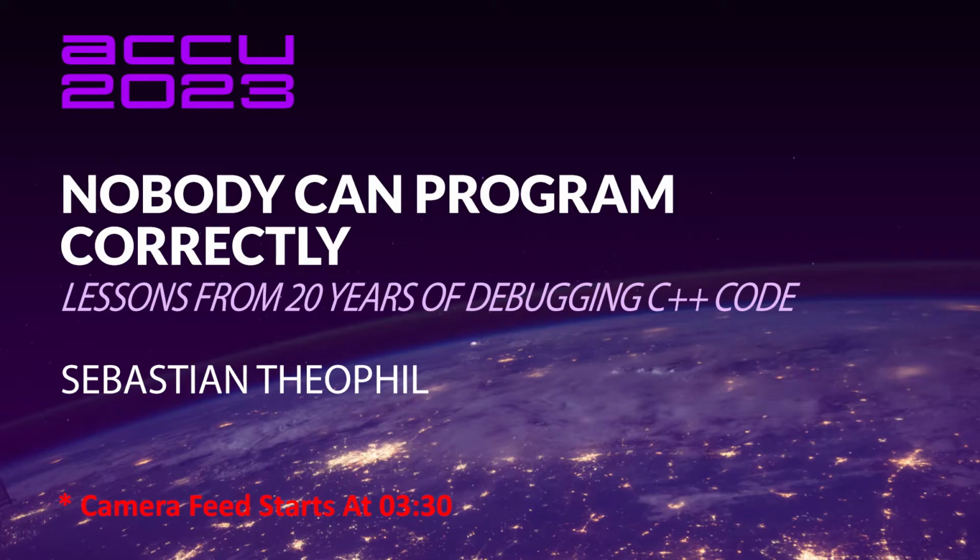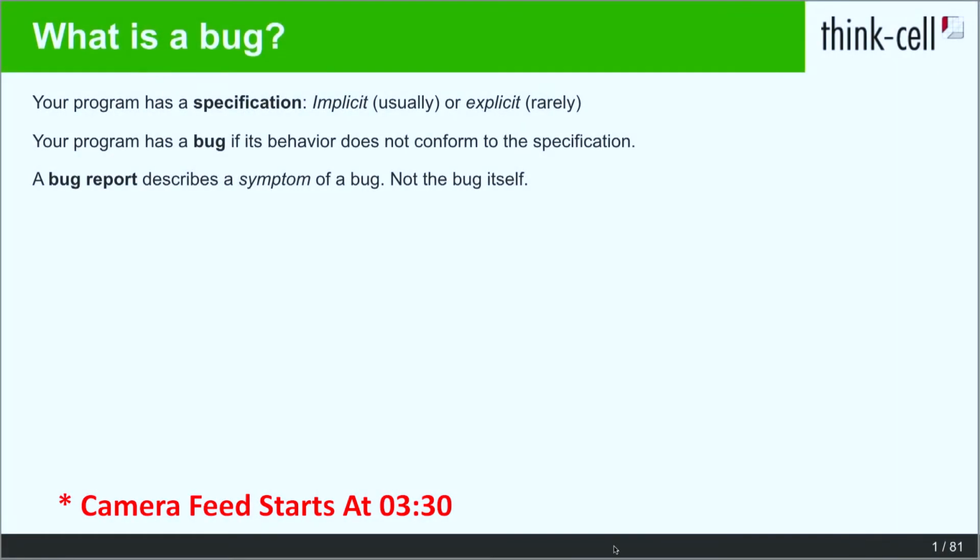So before we can think about what it means to, well, debug, we first have to think what it means that our program actually has a bug. So maybe we can say that our programs have some kind of specification of what they're supposed to do. And usually that is more or less implicit. Maybe it's partially written down, but it's mostly shared maybe between you and your teammates. You have some common idea of what your program is supposed to do. And maybe you have some specific regulatory requirements, and then probably you write more stuff down. And now we mean that our program has a bug, of course, colloquially, when the behavior of our program does not conform to that specification.